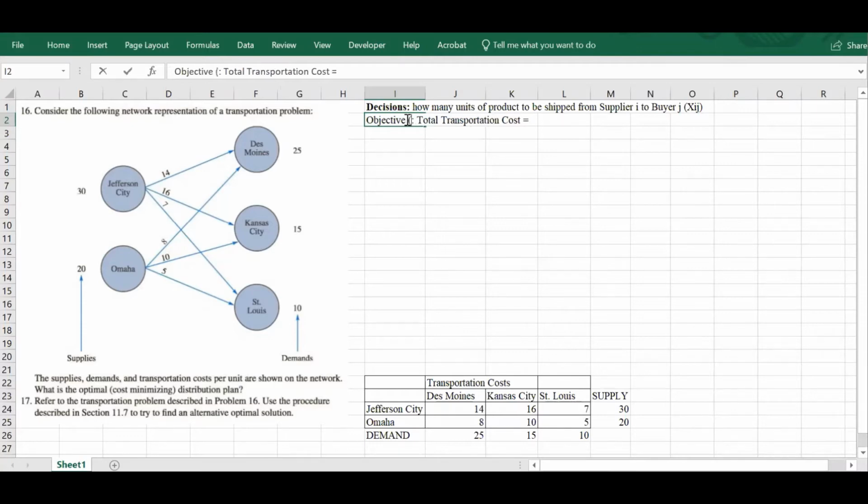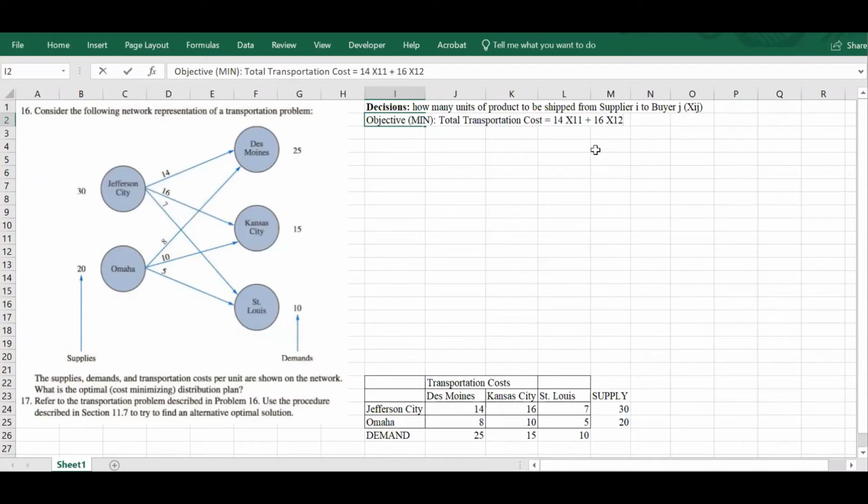We want to minimize the total transportation cost, which would be equal to 14, the dollar amount that you have to pay for each unit that you ship from Jefferson City to Des Moines, right? So it's going to be 14 times X11 plus 16 times X12, the amount shipped from Jefferson City to Kansas City,